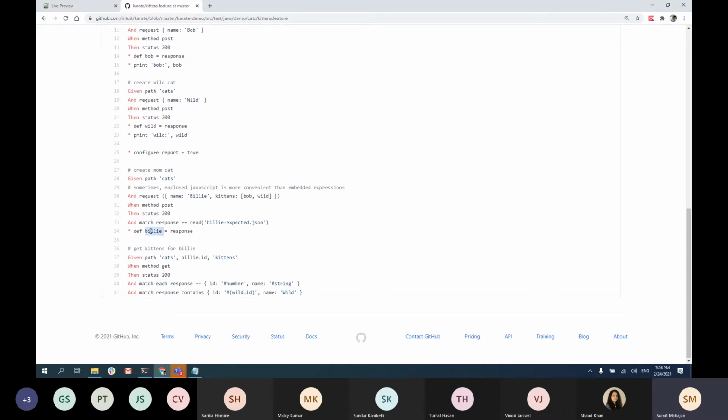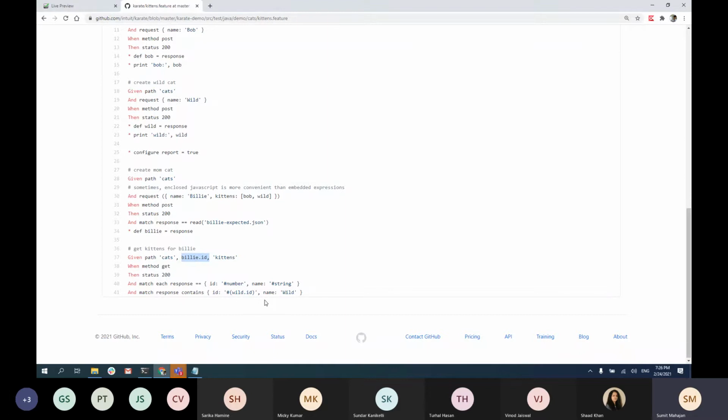So basically, this is Billy that you got as a response, and then you're using billy.id, which is your path, which is an appendix to your path of cats and kittens. So basically, you are going to the path cats for a user Billy, and you're getting all the kittens belonging to Billy, right?